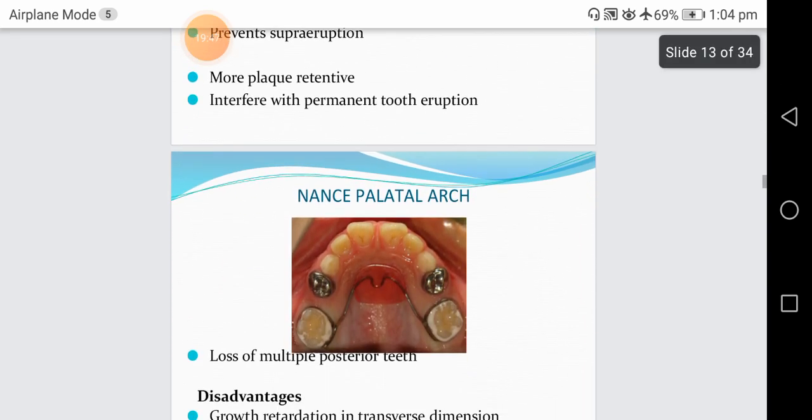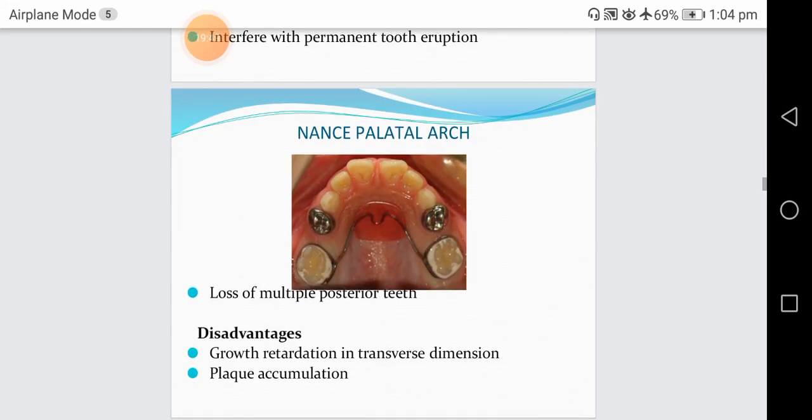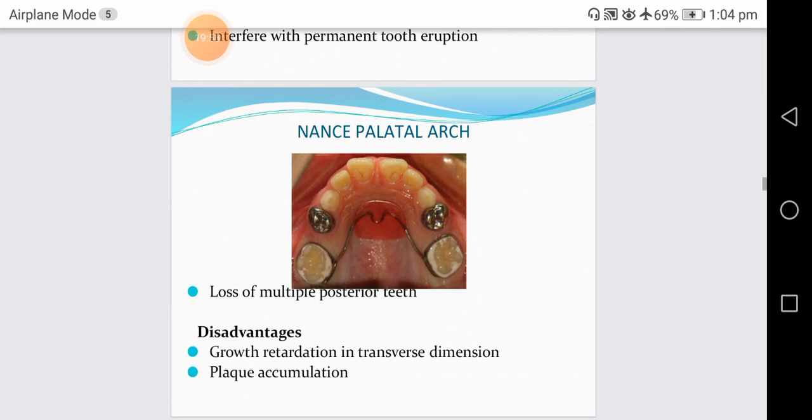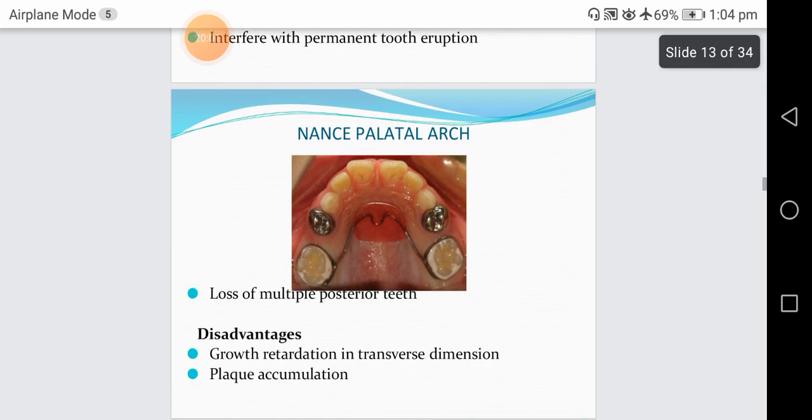Now the next space maintainer is Nance palatal arch. Nance palatal arch, from the name itself, it is used in the palate. It is a maxillary space maintainer. So it comes as a